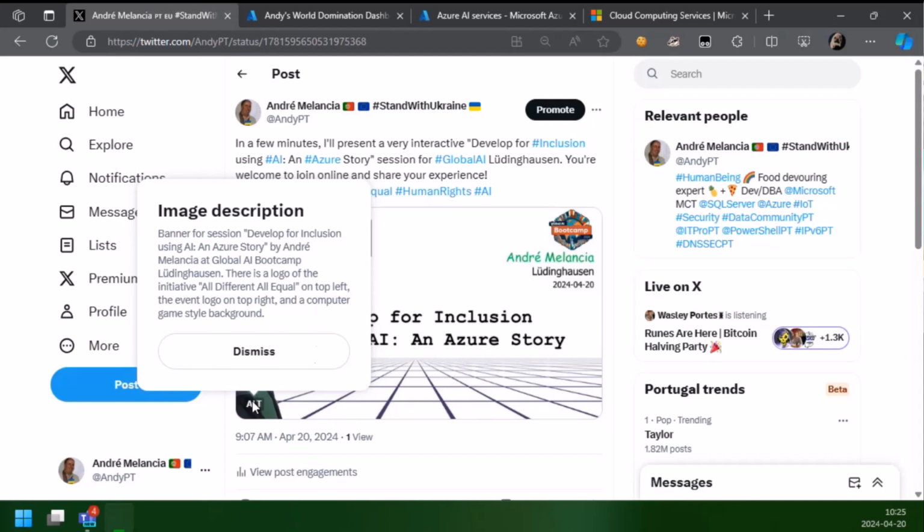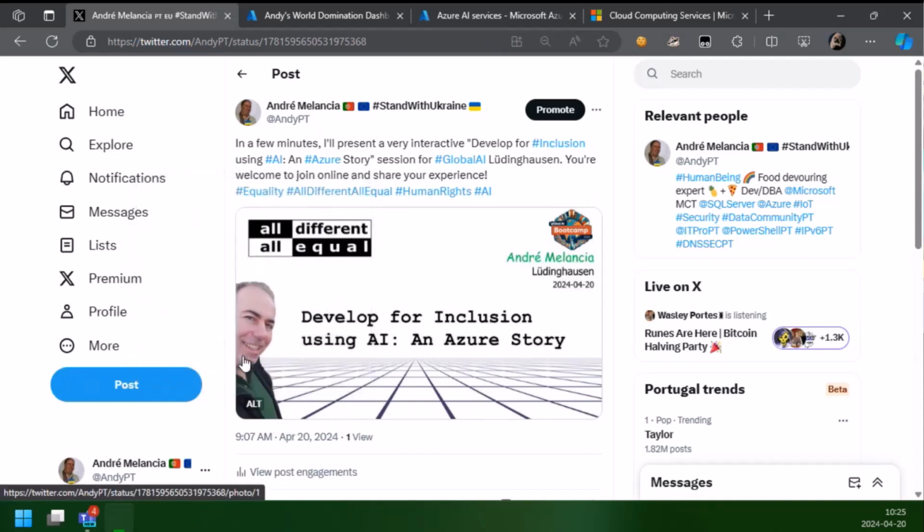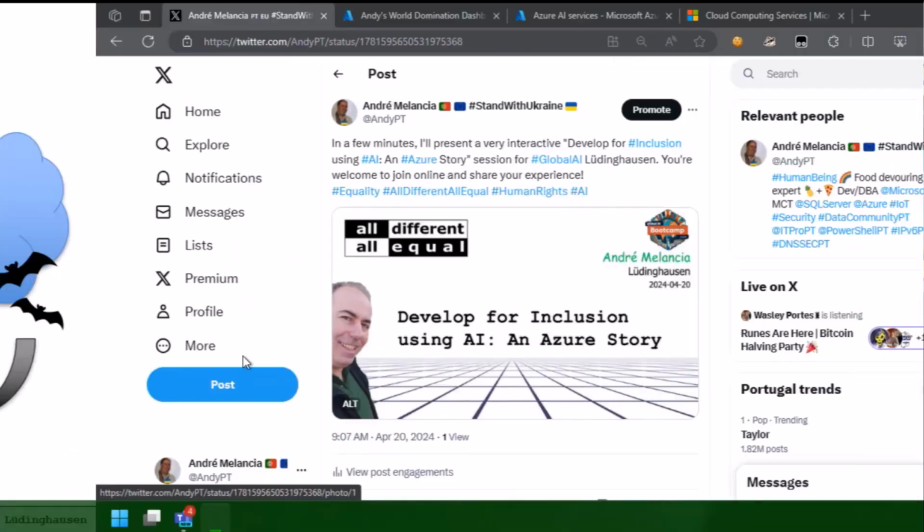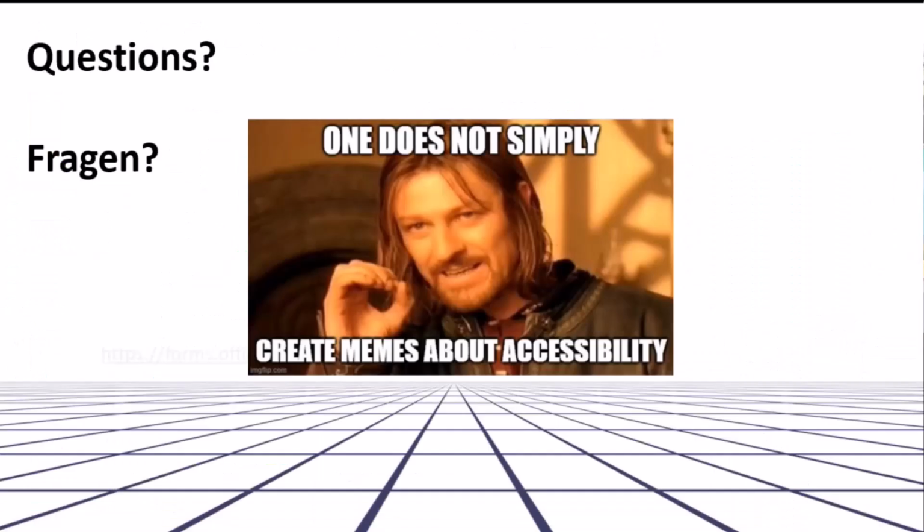Sometimes it's good, sometimes it's not, but you can say banner of session, the blah, blah, blah. There is a logo of this and that, etc. Just explain what the image is. You know, even blind people go to Twitter, even blind people go to Facebook. Use your alt texts so that people will see what you are doing there. Plus, it's actually very good for indexing as well, because that alt text indexes your contents as well, so you get promotion of your posts in the famous algorithms of Facebook and Twitter, okay? So use it, it's a very good idea.